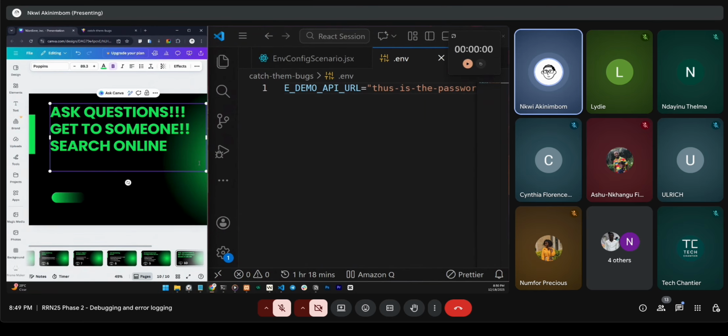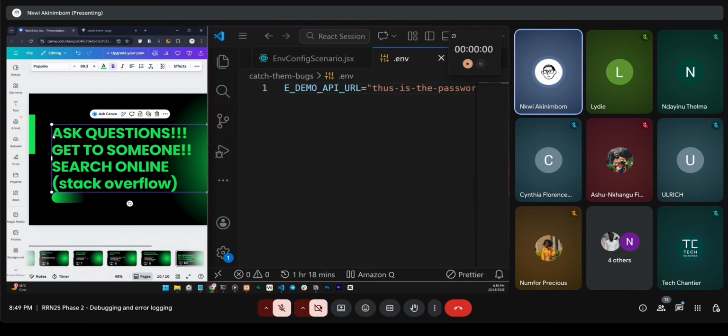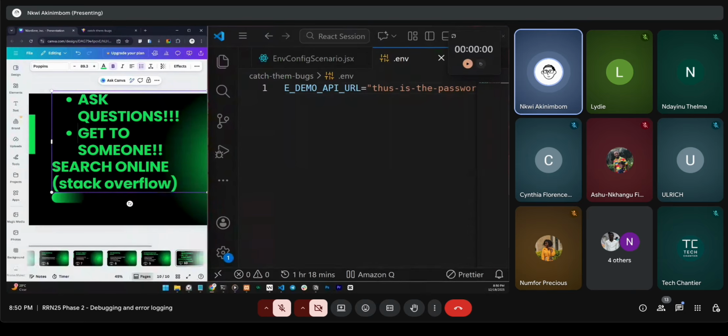There are many sites. There's this site that even up to now I still go to, Stack Overflow. Whether AI is coming or not, it is still easy to ask AI. I'm even coming to that point. So ask questions. Get to someone. Search online, and I would say